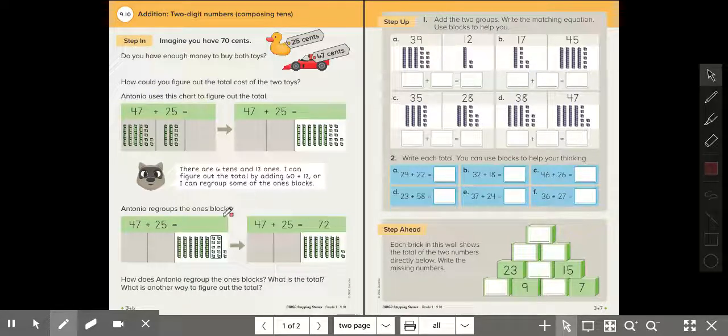But what they're trying to show you, which a lot of you have been doing, is that they are regrouping their tens block to make 10 ones, because we all know there are 10 ones in one 10. Because if I count to 10, that's 10. And we know that there's 10 one blocks in one 10. A 10 block is just a bunch of one blocks put all together. So they're breaking it up for you to see it a little bit more clearly